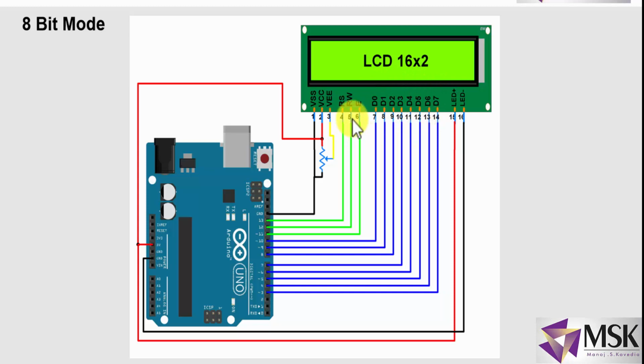Now in this RS, RW and E, all the 3 are connected to Arduino. So see, in this case 8 and 3, total 11 pins are needed for interfacing. But if you take the previous case, that is 4-bit mode, I have taken 4 bits for data and 2 bits for controlling. So I need 6 bits, and here I need minimum 10 to 11 pins. So I hope the interfacing of Arduino is clear, and now we'll see how to do the simulation in Tinkercad.